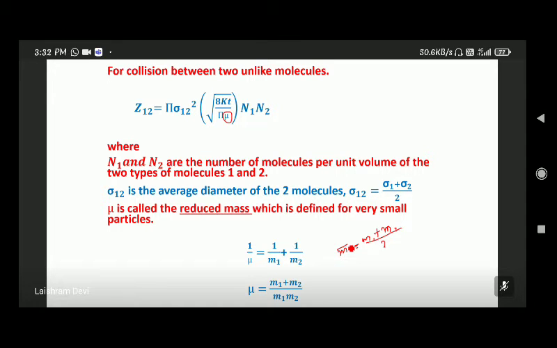But how reduced mass is different from average mass is, the reciprocal of the reduced mass will be equal to the sum of the reciprocals of the two masses m1 and m2. तो ये difference है दोनों में. Instead of taking simple average like m1 plus m2 divided by 2, reduced mass is given by m1 m2 divided by m1 plus m2, and this reduced mass term is used when we talk about very tiny particles, ठीक है।